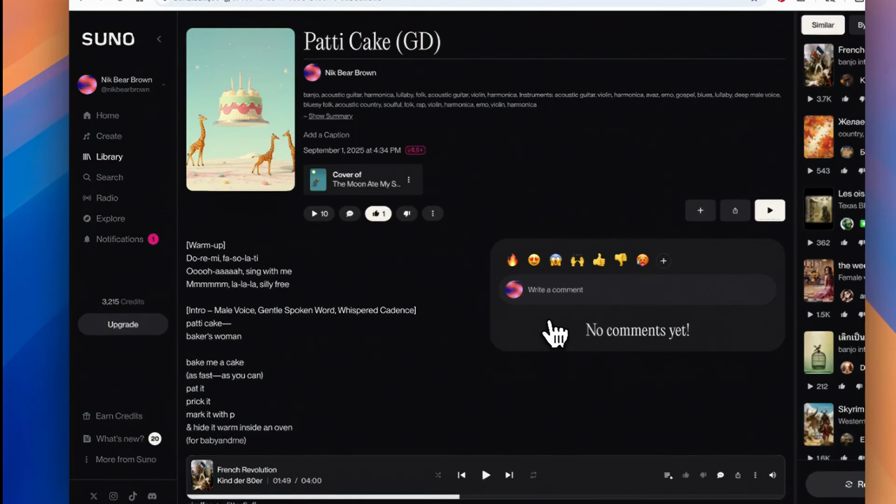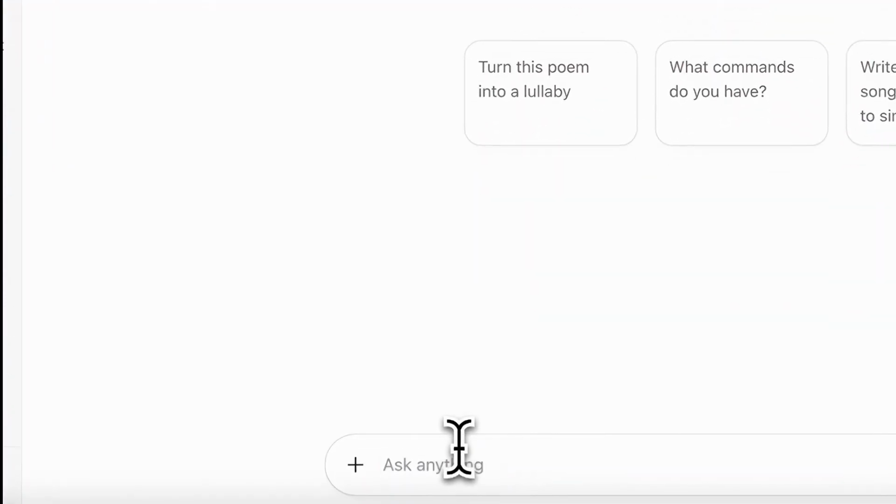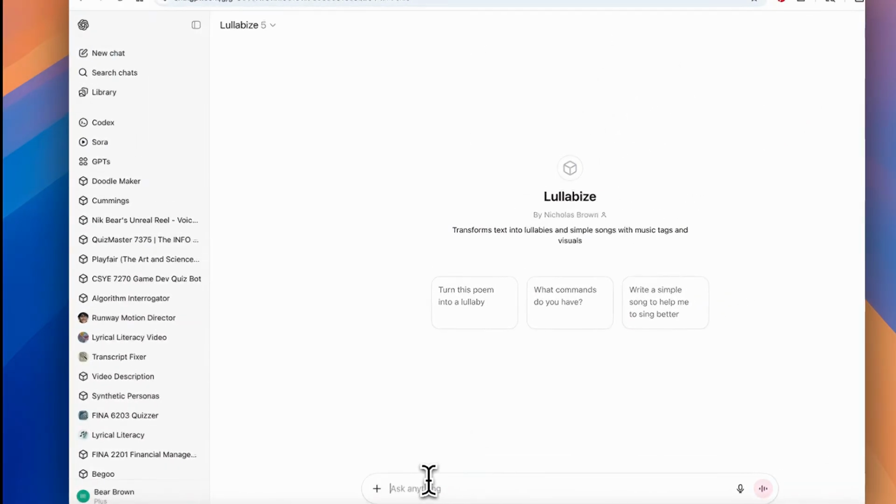But when I did that and listened to the song, I realized that if you're making it for your kid, you probably want it, first of all, in their voice or in your voice. So it's more personal. So I'm going to redo the song. I'm just going to make another song about honeybees, and purposely, it's still going to be my voice, but I'm going to use a voice which I uploaded where I spoke less aggressively, just more chill. So I'm just going to say, make a song about honeybees.